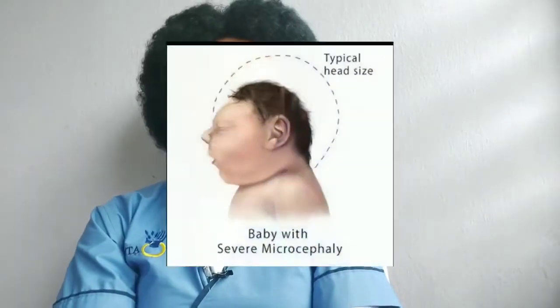Baby can have rashes on the body, what we call petechial rash. Baby can have jaundice. Baby can have a very small head or even a very big head. So there are various ways a baby can present. But now there's no vaccine for cytomegalovirus infection. So for prevention, avoid unnecessary contact with people because anyone can be infected with this virus.